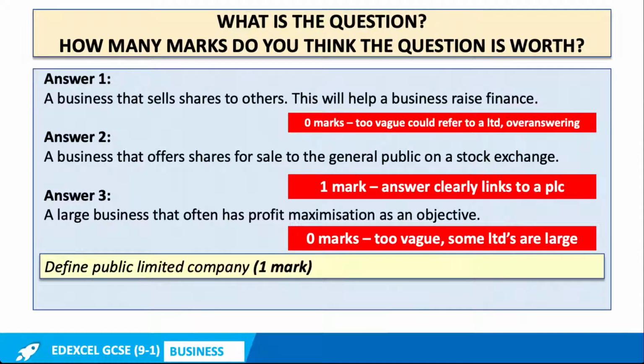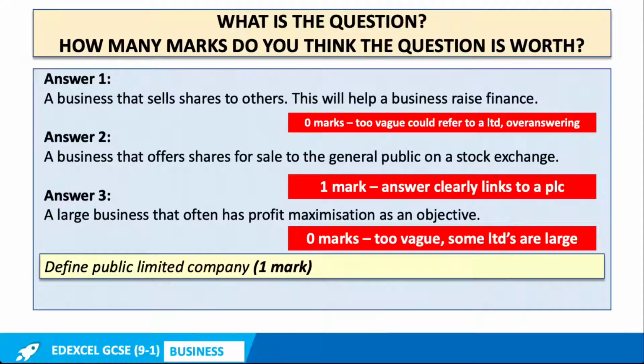So somebody said that the first answer would be responding to a 2-mark question. Well, actually, it's 1 mark. So this student has over answered, so just wasting time. If you over answer on every single question at the start of the paper in section A, you are not going to get onto those 9 or 12 mark questions, or they're going to be rushed, and therefore you're not going to maximise your marks.